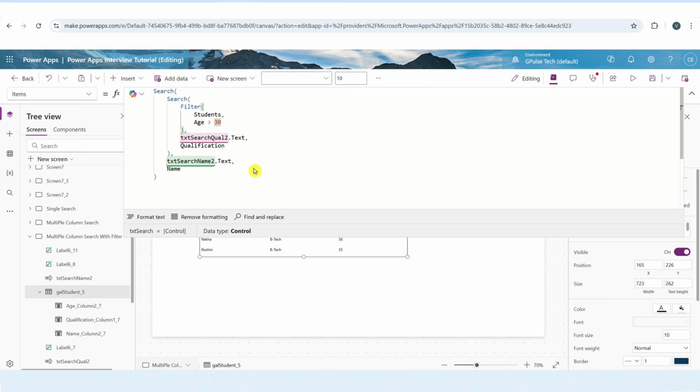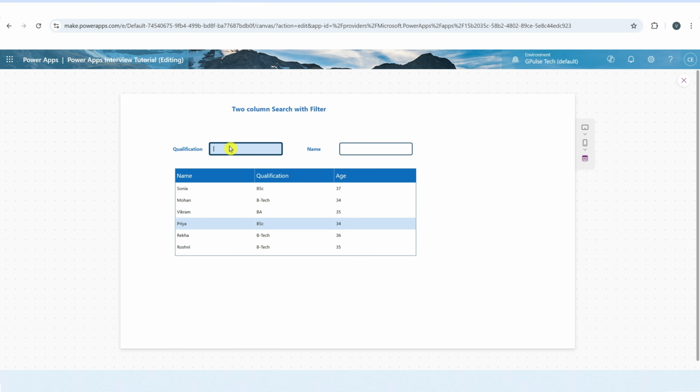In this code, instead of searching the full dataset, we have added a filter that limits the dataset to users where age is greater than 30. Now we can still perform our multi-column search, but only within the filtered dataset. This is super helpful for improving performance and targeting specific records. You can keep adding more conditions and columns to the search function based on your needs.